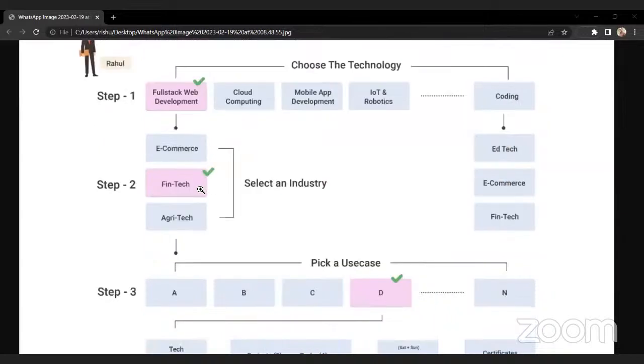If we talk about AI, it has implementation in so many industries. These industries could range from e-commerce to fintech to agri-tech to education, and so on. Suppose somebody chooses education, the edtech industry. Again there will be many use cases. Let's take an example: you have to make a chatbot which responds to the queries of the students, you could be making something like that, or you could be making a project,